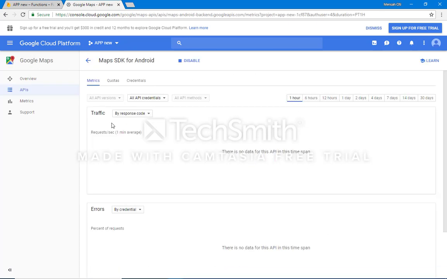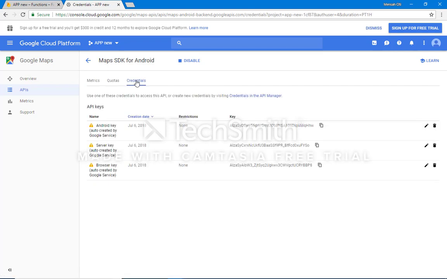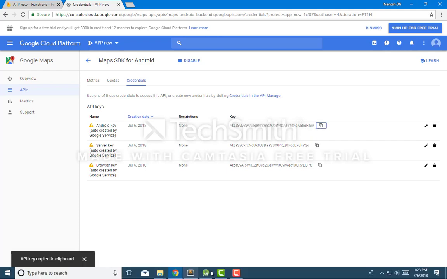Once that is done, you go to credentials and you look at the Android key auto generated by Google services. You go there and you copy the first key. Now this is going to be the same for all the other APIs you enable, so you don't need to copy them again. Just copy the first one, and your API key should not be exactly like mine. It should be different. So you copy that, come to Android Studio,